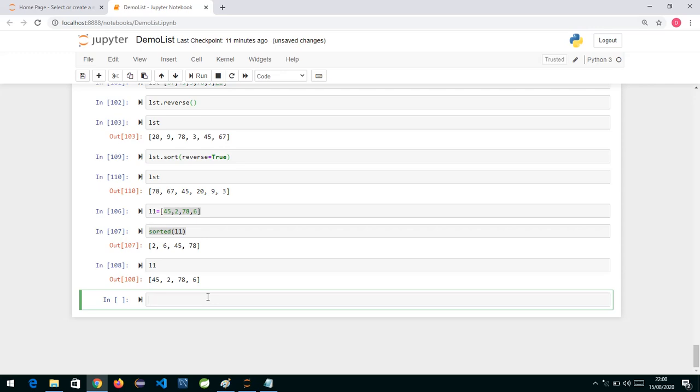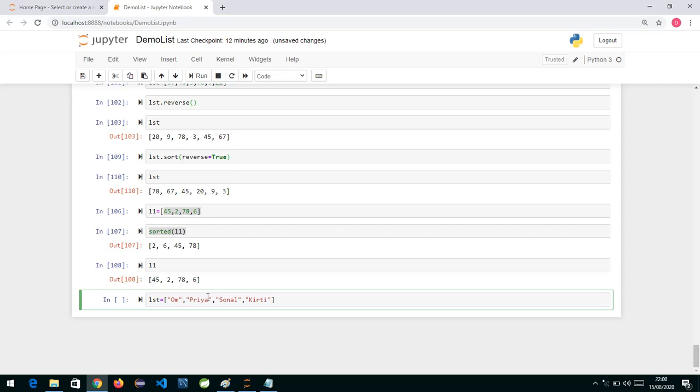One more thing we have is sort, we have reverse. Now in sort, the last thing which I would like to tell is, suppose I have a list of some strings. Suppose I have Om, then Priya, then Sonal, then Kirti.